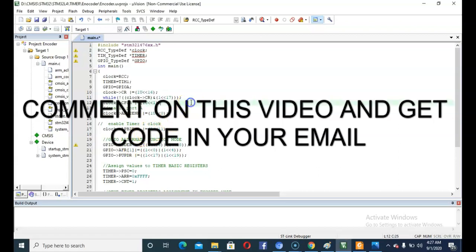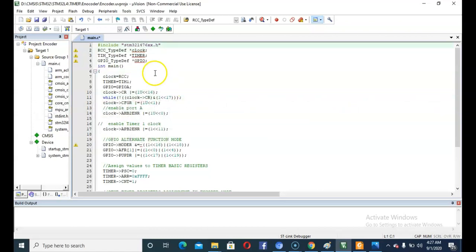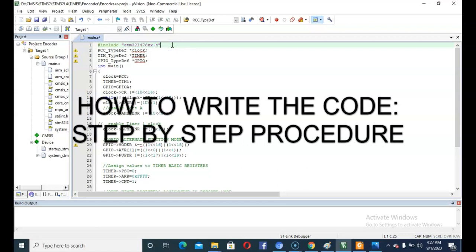So let us explain what is happening in this bare metal code. First we include the header file of the microcontroller used. This code is generally basic code for all STM family microcontrollers, which are very similar, be it F0 or L4 or any other STM series microcontroller.